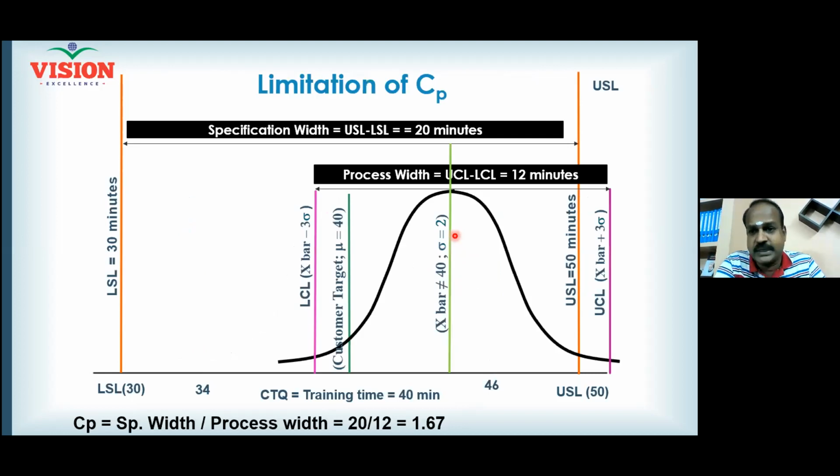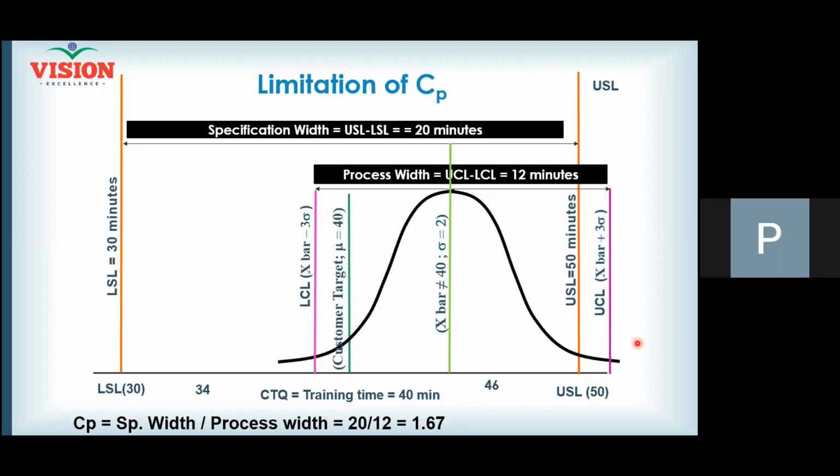Let me give you another picture. Now I am showing another slide. Look at the graph. What is your specification width? 20. What is your process width? 12. Now what is the Cp? Same, 1.67. And now is this process capable? No. Why not capable? Because your control limit has moved beyond the specification limit. That means there are rejections happening here, more rejections happening here. So this process is not capable. However, it is still consistent.